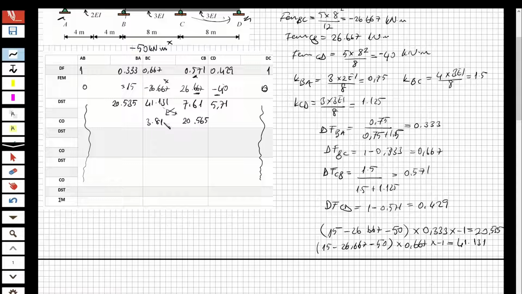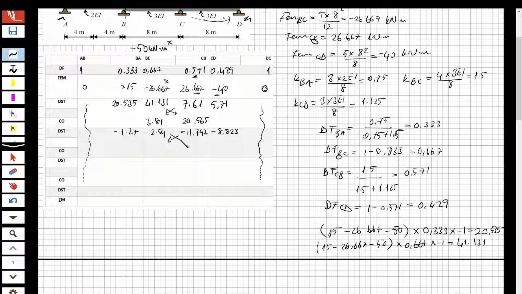When I distribute this moment with respect to both distribution factors, I'm going to obtain minus 1.27 and minus 2.54 and minus 11.742 and minus 8.823,